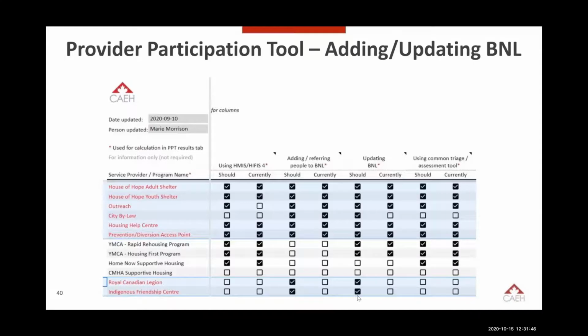So these next three slides are going to walk through the provider participation tool, which is part of the scorecard document in one of the tabs. And we've taken a screenshot of each of the sections in the spreadsheet to really break it down. So this first part is asking you to list those providers that are key to coordinated access in your community. We suggest that you start with homelessness response providers, which you see there as HRP, and then move on to other service providers, the OSP.